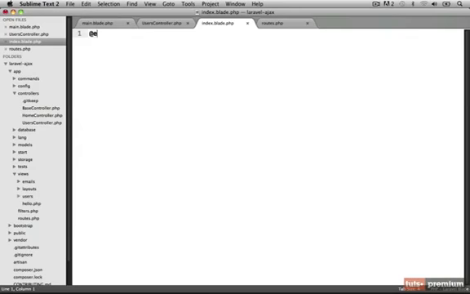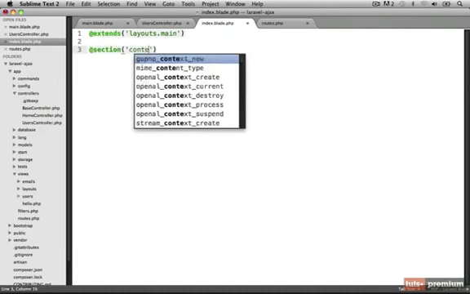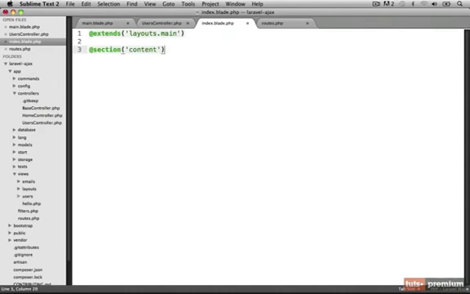and we'll start by telling this view file to use our main layout that's in our layouts folder. So we use @extends layouts.main, and then we just need to wrap all of our view code into a content section. So we use @section content, and then we stop the section by using @stop. Now inside of here, I'll create an h1 heading. This will just say search users,